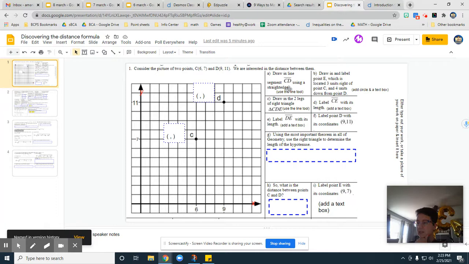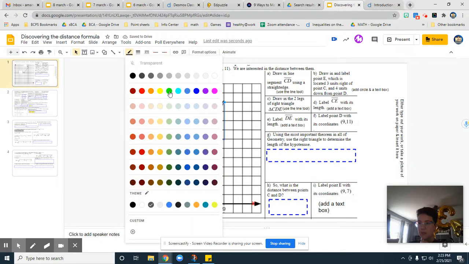Draw in a line segment CD using the straight edge. We're going to use the line tool, so we go from point C to point D. I'm going to make it just a little bit thicker so it's easier to see, and maybe change the color